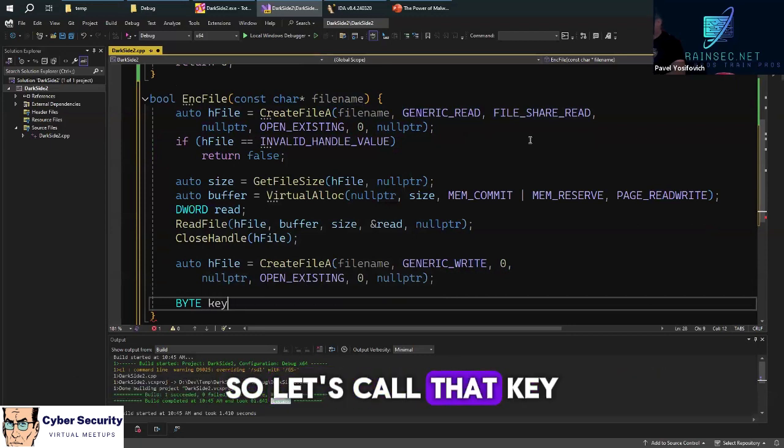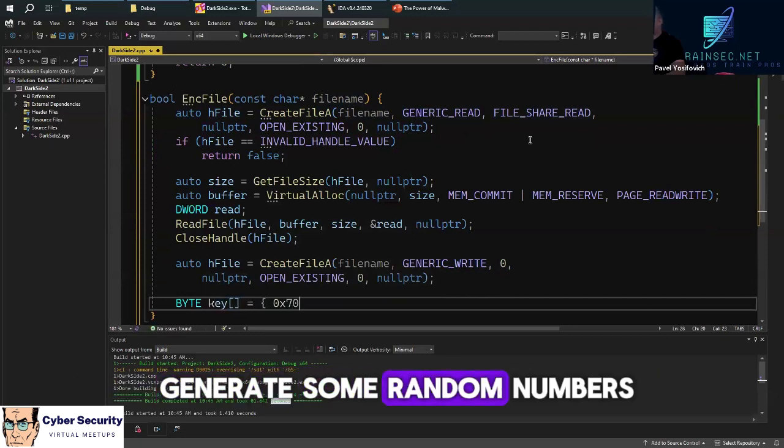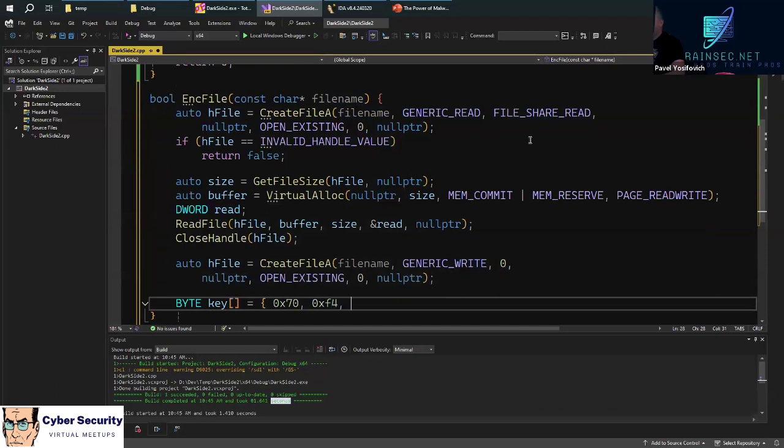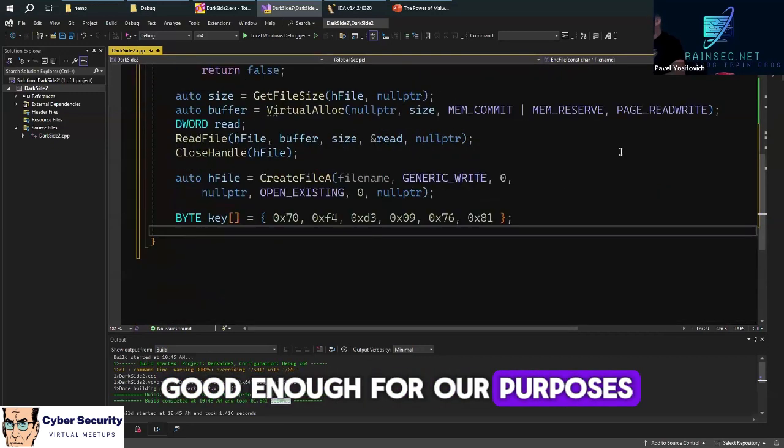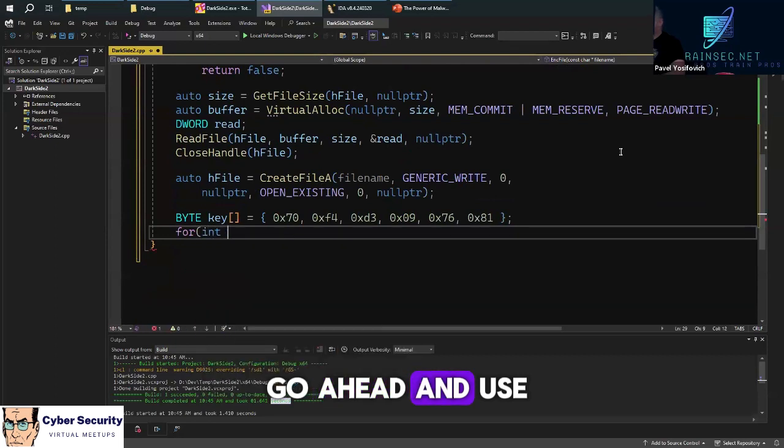So let's call that key. I'm going to just generate some random numbers. Just for fun. Okay, so this should be good enough for our purposes. And then we can go ahead and use a simple loop that runs until we hit size.